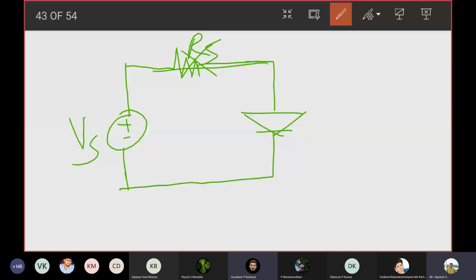There won't be any drop across RS, sir. So the voltage we apply in this battery, it will go directly to the diode. No, that is okay. That is all right. Chart, no, sir. Like in the data table, you know, sir. I don't think so. I just wanted to check if you know or not. Okay. That's not the reason why you put an RS.